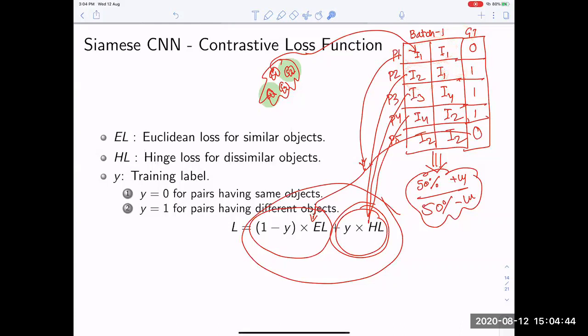Instead, some guy could come and say make it low, it may not be 0. If you make it 0, I am going to give you a penalty. If it is 0, then only I am not going to penalize you. I am saying no: if this is 0, no penalty. If it is 0.2, again no penalty, because it is a very small value. Similarly here, if you say it is 1, no penalty. But if they are very similar and you say 0.9, even then I say no penalty.